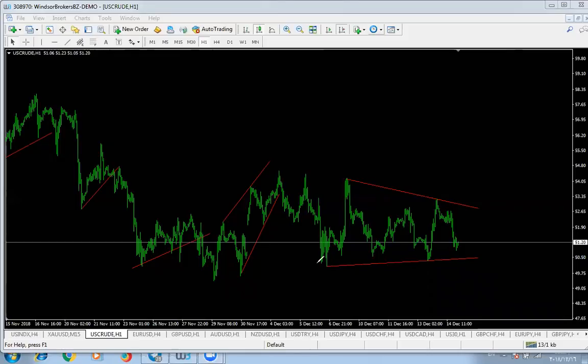We had 2 trades from the last week. We have sold the crude from this area, and we have closed at this area with around 100 pips profit. Then we have bought the crude from this area, and I have exited this area at break even, because once the price